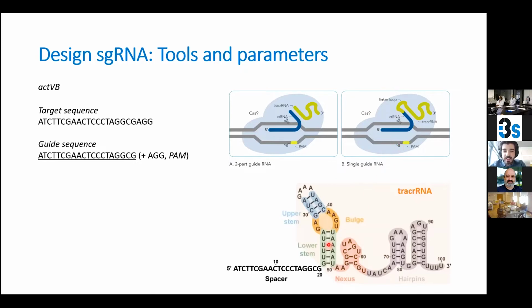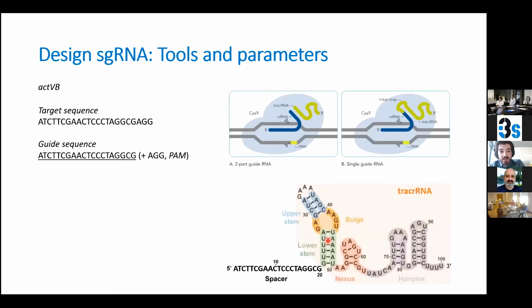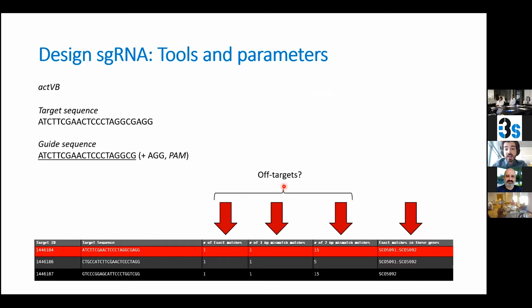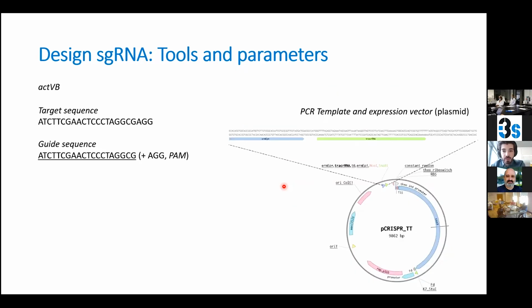The trick here, and I hope, so do you have any questions about designing sgRNA? Because this is what I have to tell you. Designing the sgRNA is putting there the gene and having the list and selecting the best one, okay? What I will now try to tell you is how we go from finding this sequence online to actually making it work. To make it work, we need to fuse it to the scaffold, to the rest of the single guide RNA. We do that because, and this was sent to me by Marta,